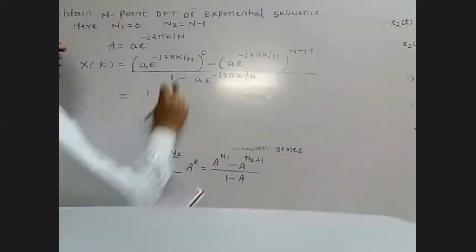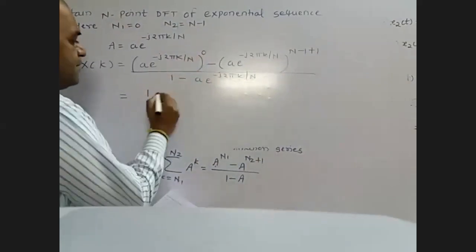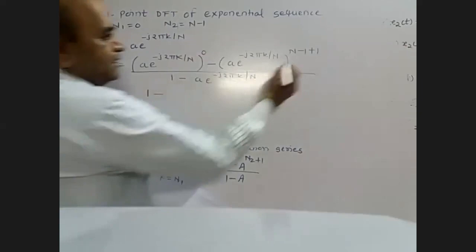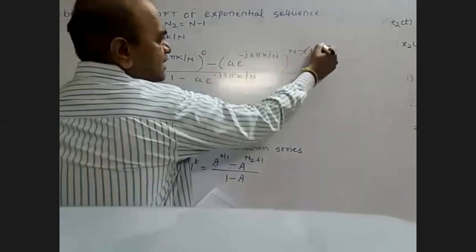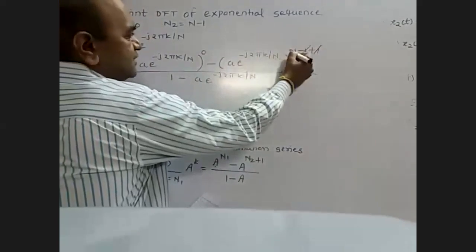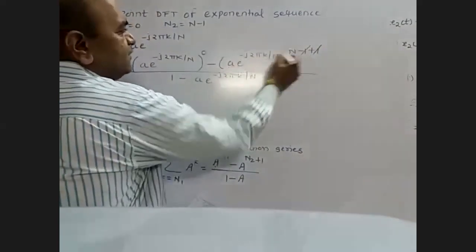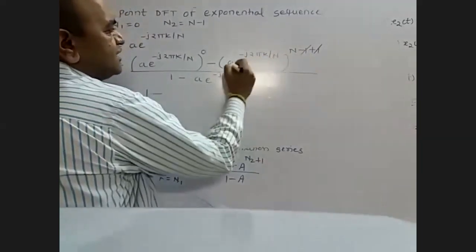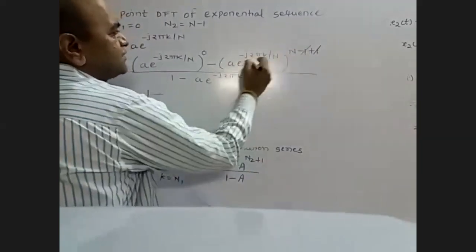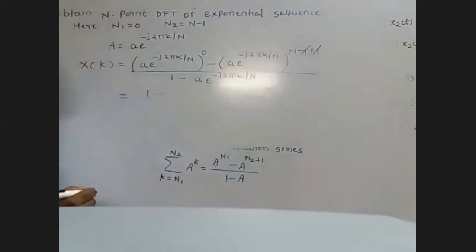Getting this? So that's why this term will be coming as 1 minus 1. Now here this minus 1 and this plus 1 get erased. So that's why this n will be coming, and this n will be multiplied with this. So that's why a raised to n into e raised to n. The n into n both get cancelled. You will get e raised to minus j 2 pi k term present at the exponent.